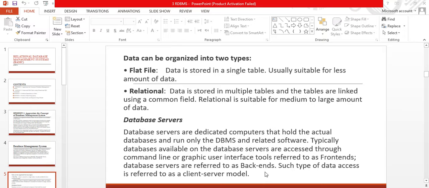Database servers are referred to as back ends. Such type of data access is referred to as a client server model. Database servers are the computers which hold your database and only run the DBMS and related software.